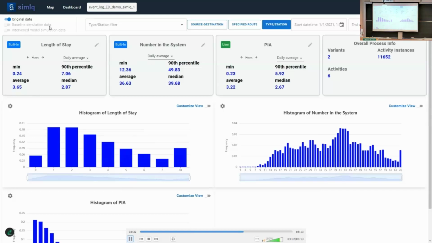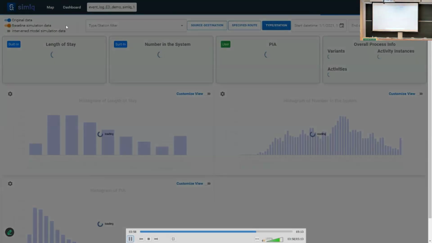One is a baseline simulation system, which is the digital twin without any interventions. The other is an intervened model simulation, which means that the speed up intervention that we applied in the assessment station is going to be presented and its impact is going to be analyzed using these dashboards. Now that the simulation has completed successfully, we're going to enable the baseline simulation model, which is